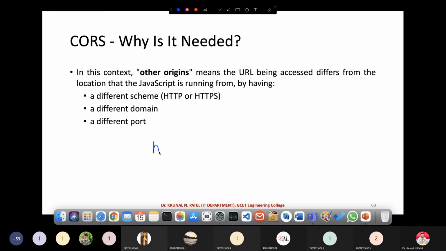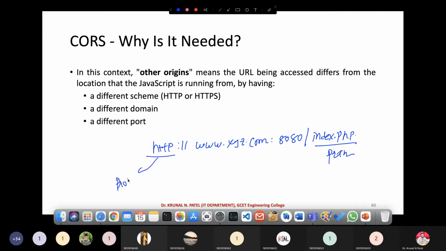Suppose we have http colon slash slash www.xyz.com colon 8080 slash index.php. This last part is our path.